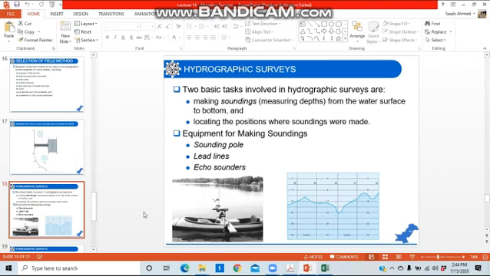So you measure the depth and the X and Y coordinates where you took that depth, and with the help of these three coordinates, you draw the maps. That gives you the features of the bottom of that water body, right? However, if the depth is more than 10 or 15 feet, where you cannot use that rod,